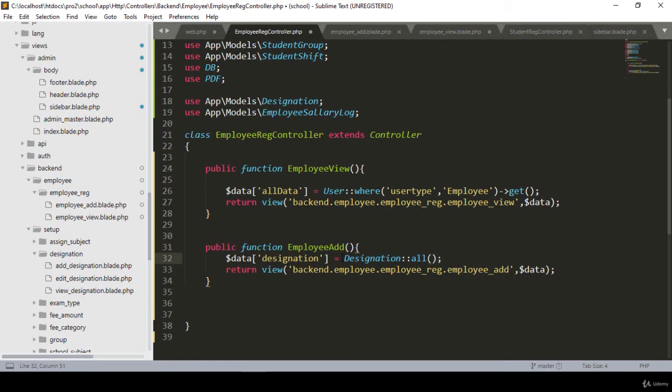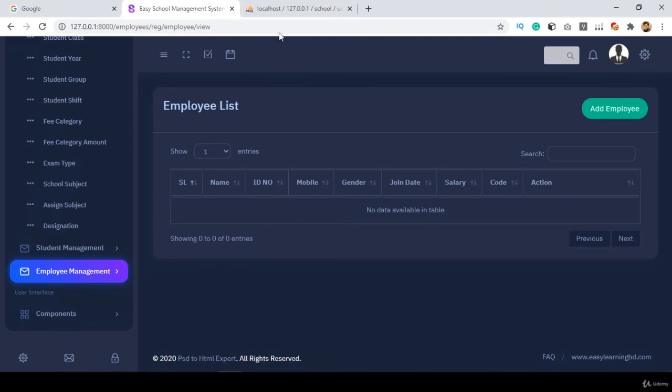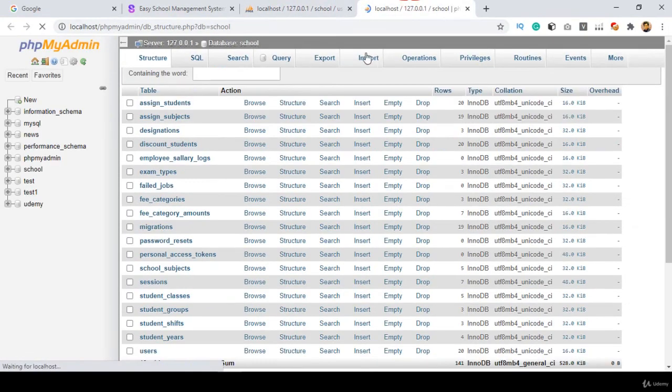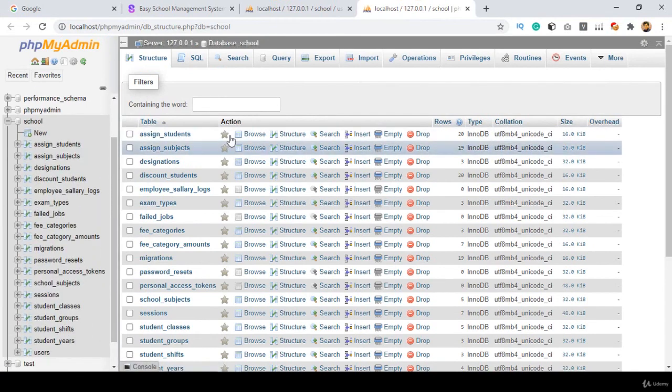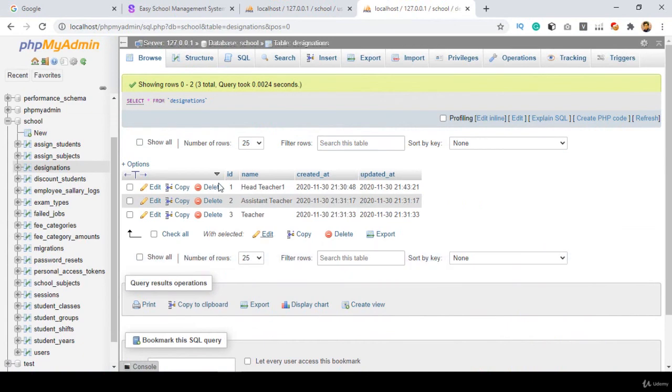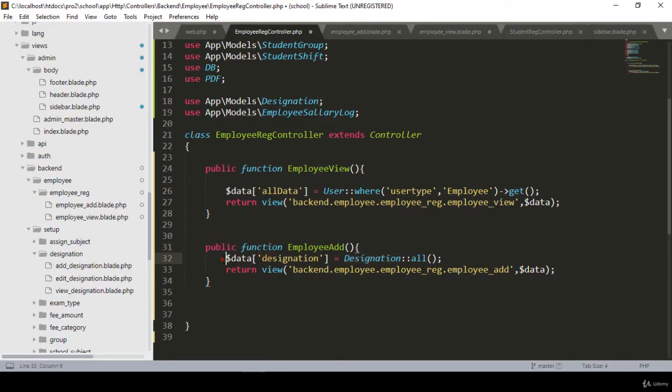I want to get all the data from our designation table, because I have already created a table. If you go to our total database, you can see how interconnected every part is. So you can see there is a designation table. From the designation table, I want to get all the data. For that reason, I just add that code. So I take a variable as designation, and with our designation model I get all our data, and I pass this data in our